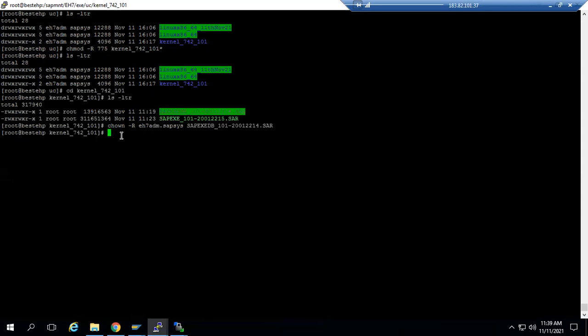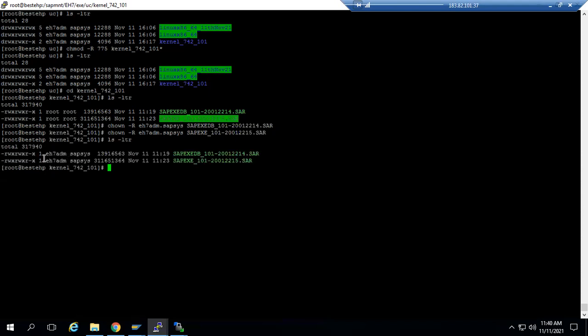Okay, same. Now the second one. Enter ls -ltr. You can see ownership done, permission done.